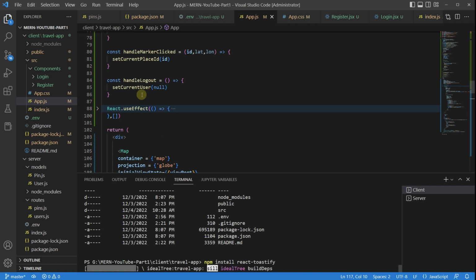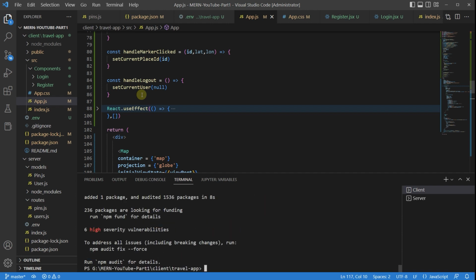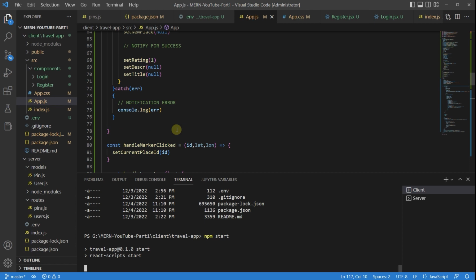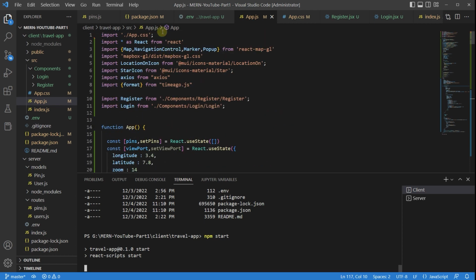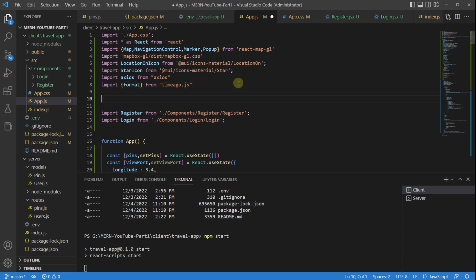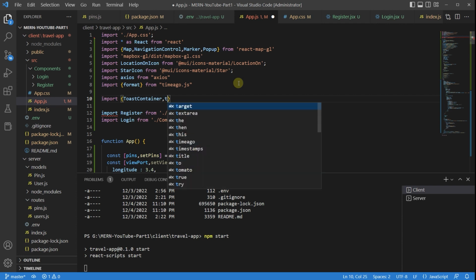React Toastify is going to be the containers that we're going to be using for the notifications. They are already set up with the animations, with the green colors, with the red colors, and so on. So now that we actually installed it, I'm going to say npm start over here. I'm just going to go to the top over here, and of course, as usual, we need to import it. I'm going to import it right above the register, and I'm going to say import ToastContainer and toast,